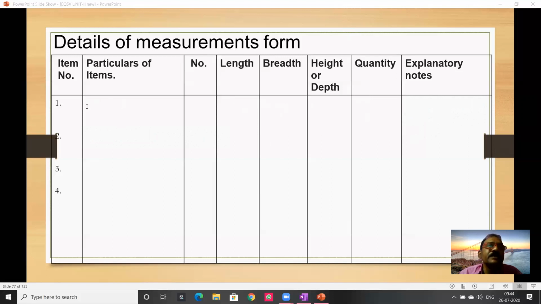This is the way we have to write. First is excavation, then the first footing, second footing, third footing. That is what we have to do in problems. Whenever you solve problems, only then will you understand the concept. First we will do a single room problem, then we will go for two rooms and three rooms. In the next class, we'll see the concept of the center line method.